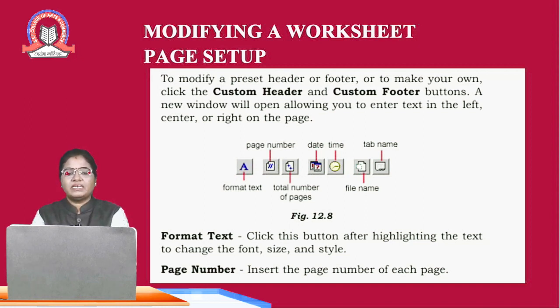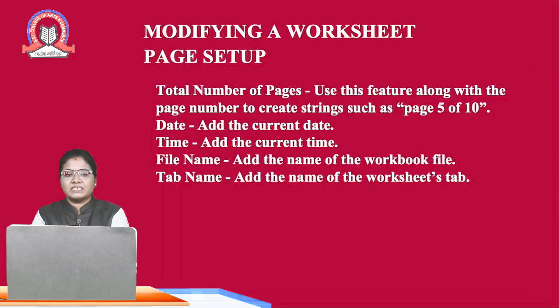After that, we can change the format text, page number, total number of pages, date, time, tab number, tab name and file name. Options there. Format text means changing the style of font and size of font. Page number inserts the page number of each page, and the other options in page setup are total number of